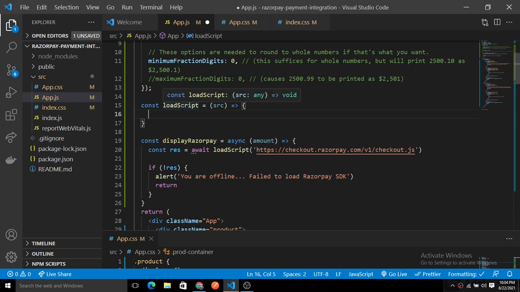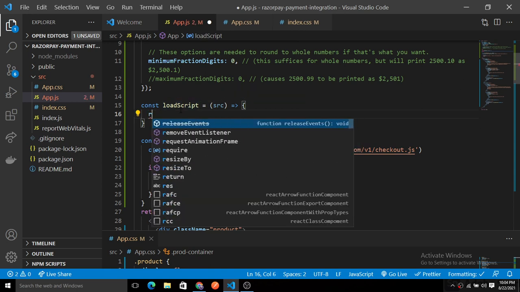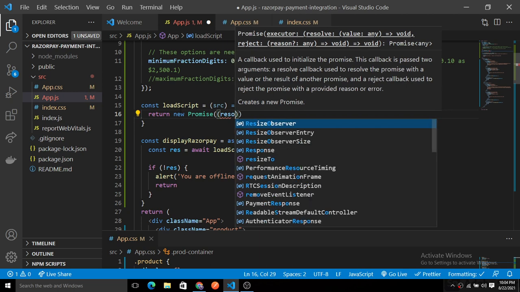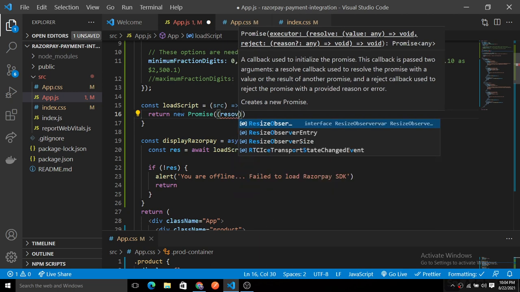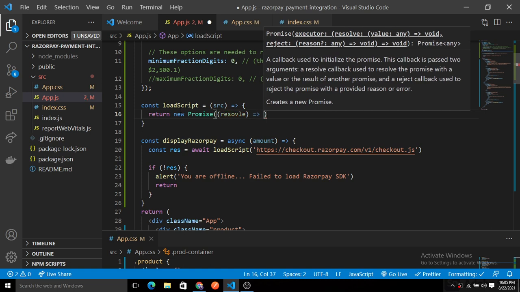And now here we simply return a new promise, and in the promise we take resolve on successful resolving of this thing.